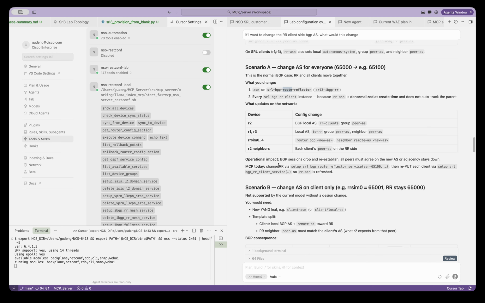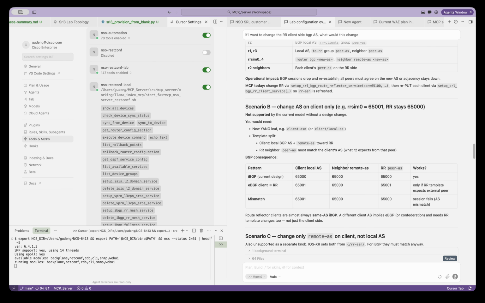So I change RR via this particular Python function, change it to this, then re-put each client. So RR is refreshed. Yeah, that's straightforward.